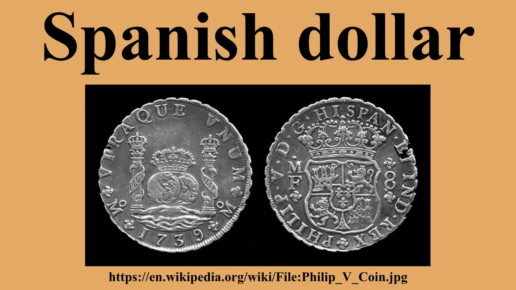A real de ocho, also known as the Spanish dollar, the 8-real coin, or the piece of 8, is a silver coin of approximately 38 millimeters diameter, worth 8 reals, that was minted in the Spanish Empire after 1598. Its purpose was to correspond to the German thaler. The Spanish dollar was widely used by many countries as international currency because of its uniformity in standard and milling